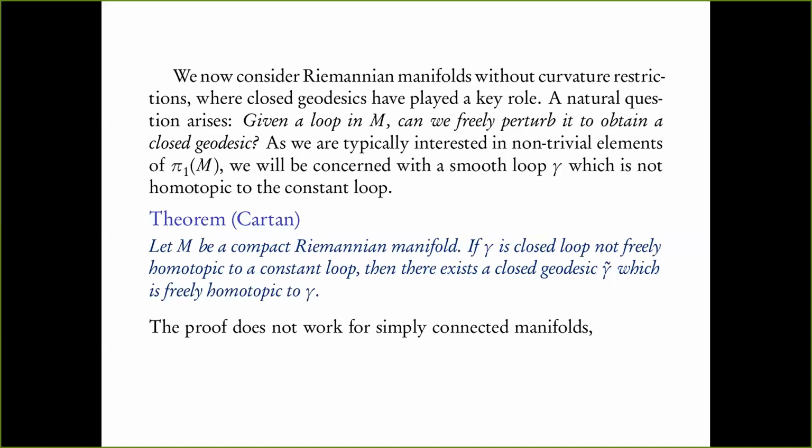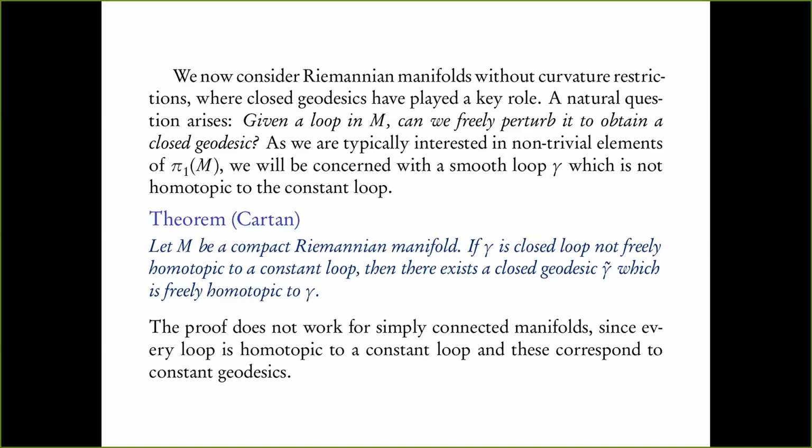That the proof does not work for simply connected manifolds, because for a simply connected manifold, no matter what loop you choose, any loop is going to be homotopic to the constant loop, freely or even based homotopy, because it's simply connected. That's what it means to be simply connected. Pi 1 is 0, which means every loop is in the equivalence class of the constant loop. So his proof or even the statement will not work for simply connected manifolds, right? So the question is, what do we do then? Can we still prove that there exists some non-trivial geodesic even when the manifold is simply connected? That's a very natural question to ask, right?